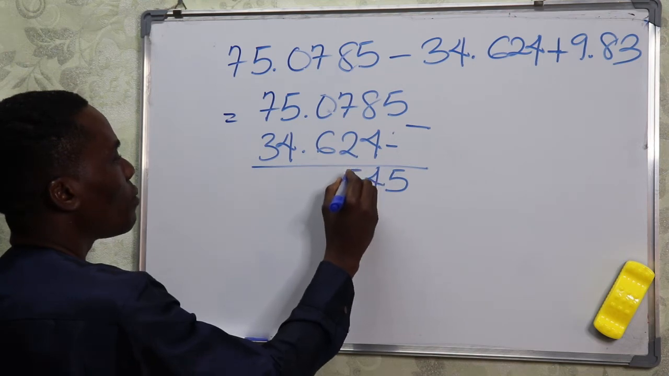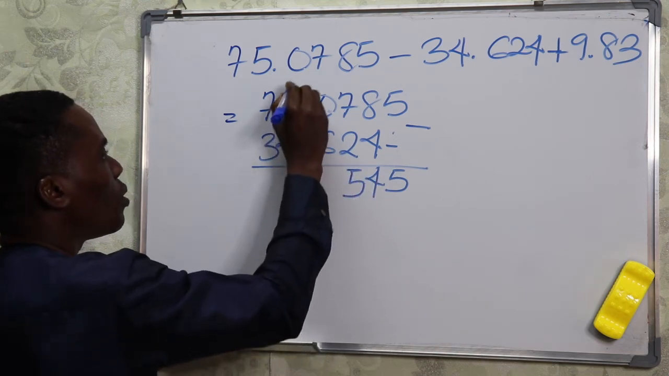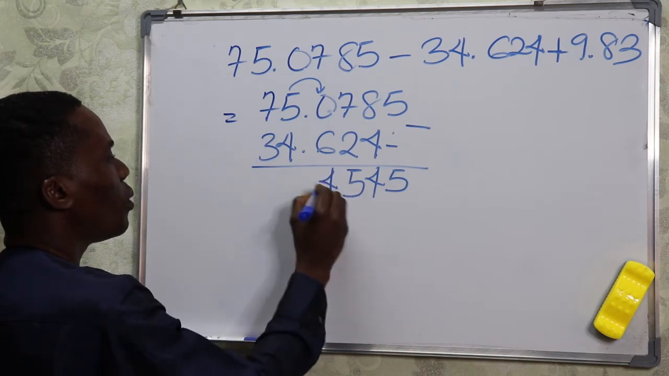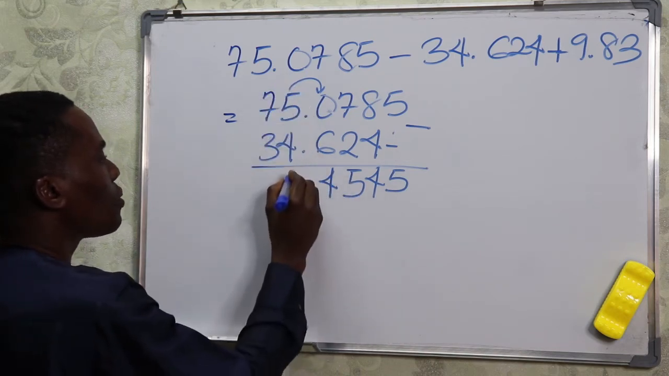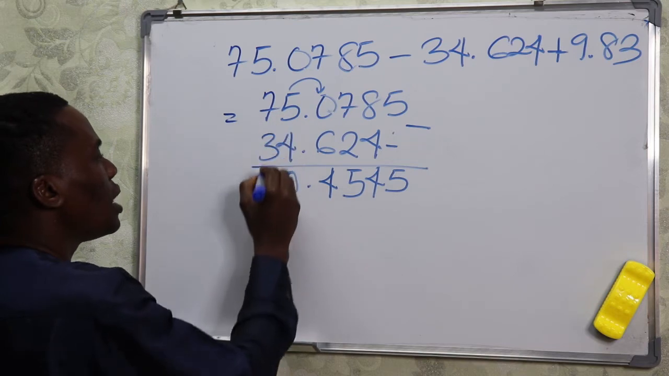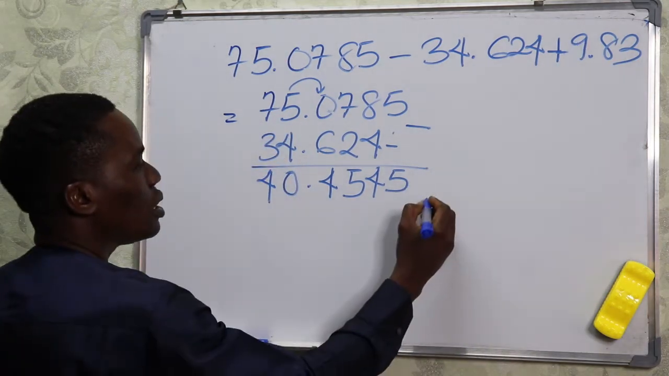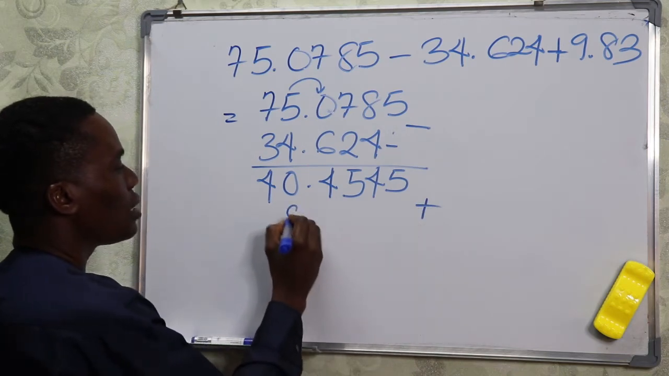us 5. You borrow 1 from here to this place, it makes it 10. 10 minus 6 will give us 4. 4 minus 4 will give us a 0. 7 minus 3 will give us what? 4. Now we are asked to add it to this value, that is